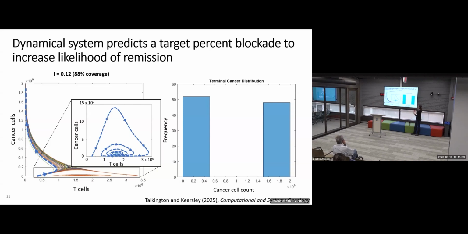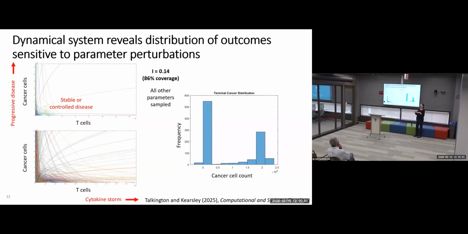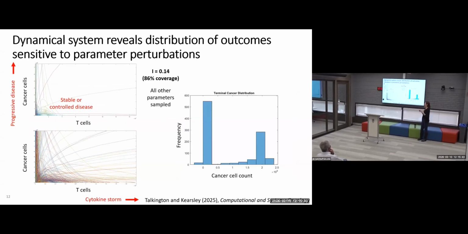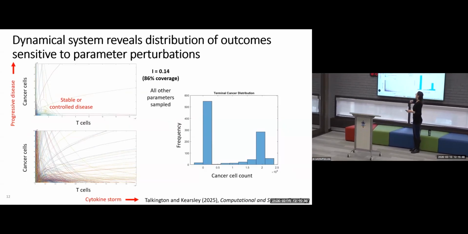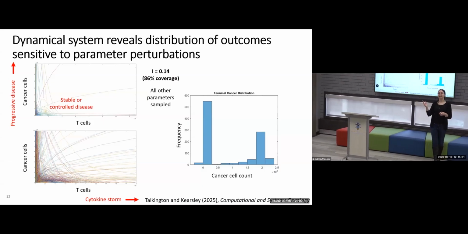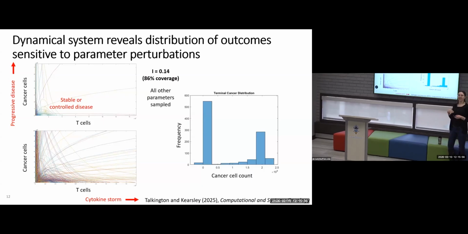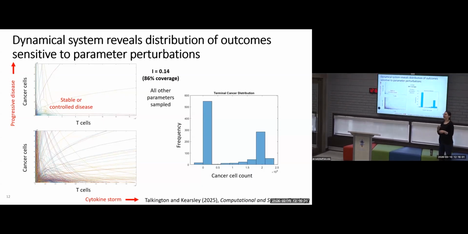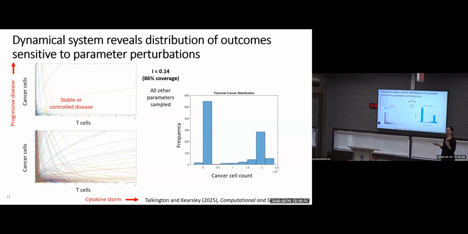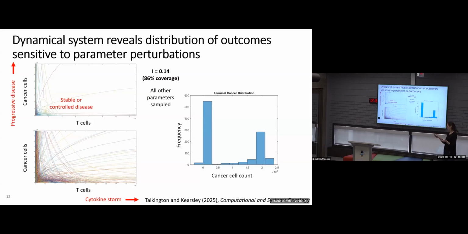So now that we've defined that threshold, we went and added some noise to this dynamical system, sampled through larger distributions of all of our parameters, and saw what looks like a bit of a hairball now in our phase plane, because we can have tumors of different sizes, for example, or some virtual patients would take more or less time to eventually reach their steady state. However, that doesn't change the fact that the 80 to 90% immune checkpoint blockade held pretty consistent as where this 50-50 cancer, no cancer split seems to happen.